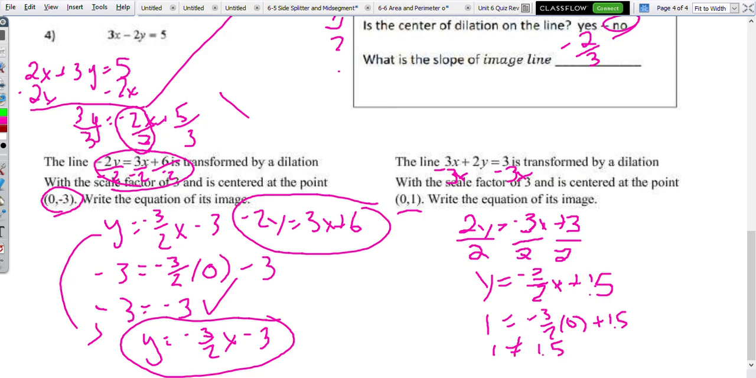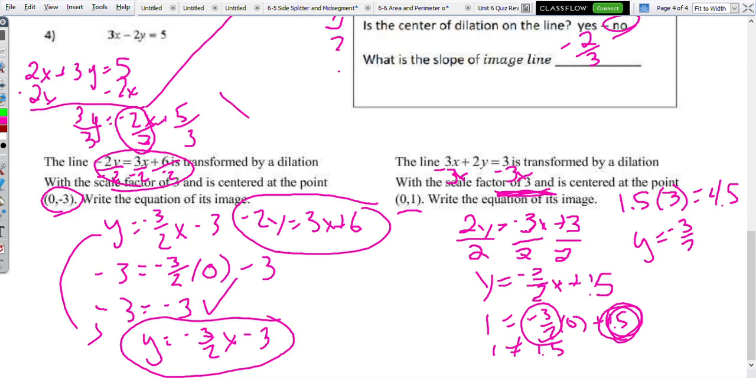But we have the y-intercept. It's 1.5, and the scale factor is 3. So all we're going to do is take 1.5, multiply it by 3, and that's going to be our new y-intercept. 3 times 5 is 15, carry the 1, 3 times 1 is 3 plus 1 is 4.5. So our equation is y equals, keep the same slope. What's the slope we had? We had negative 3 over 2, negative 3 over 2 x plus